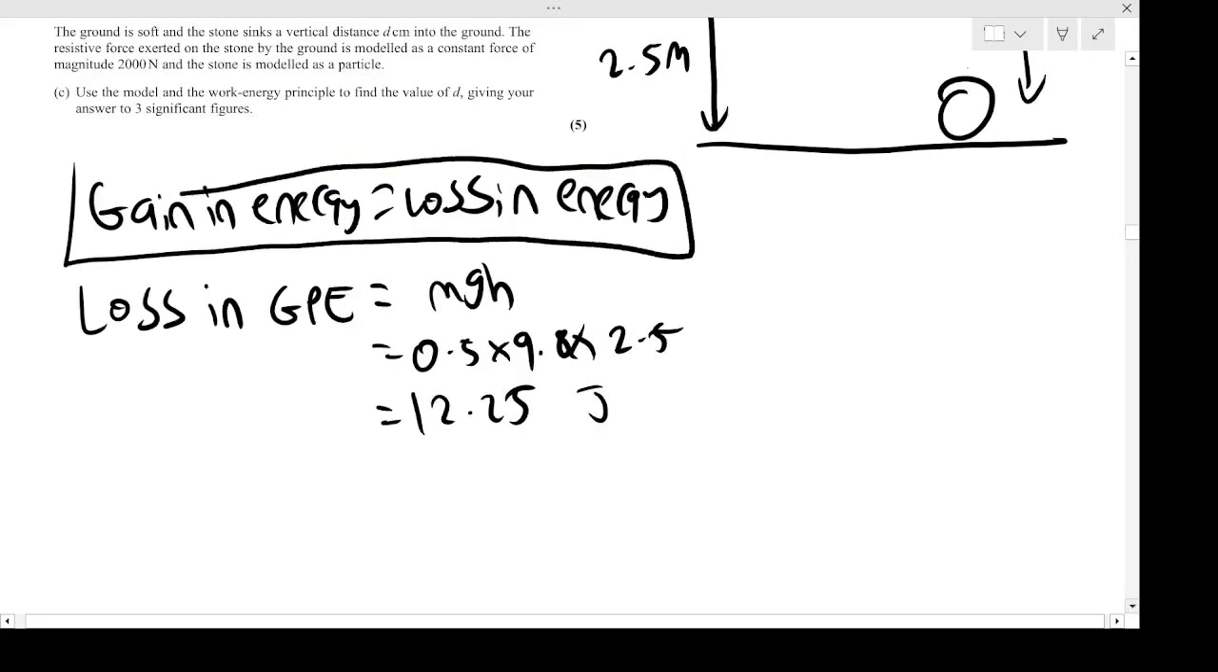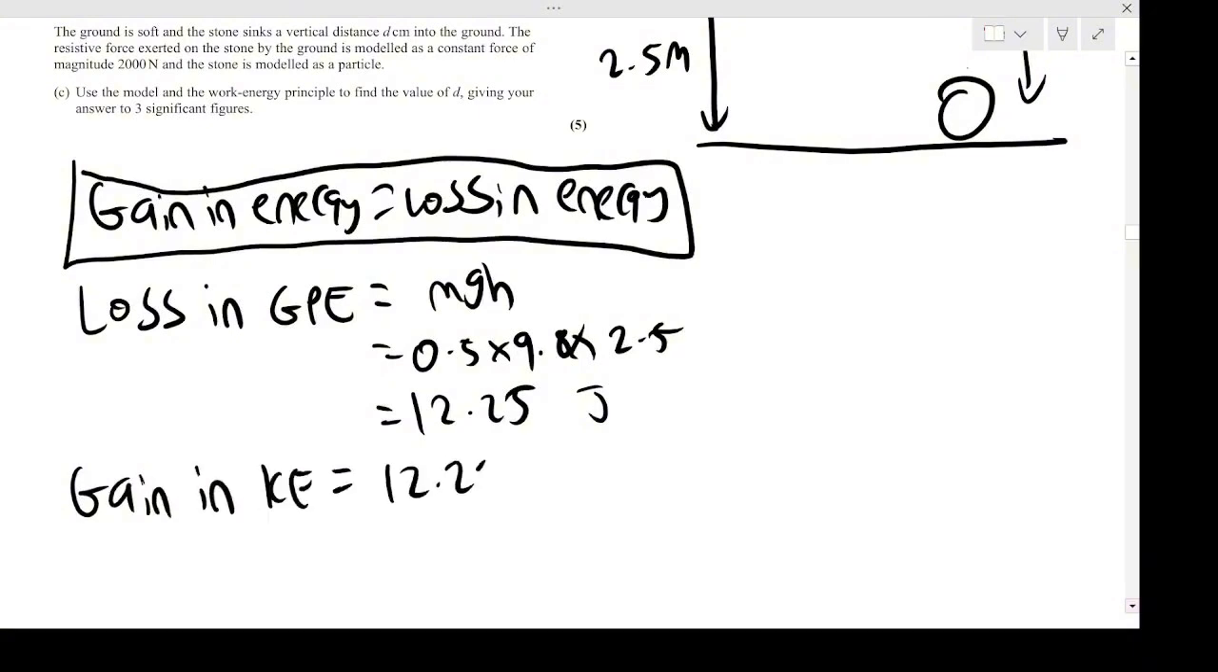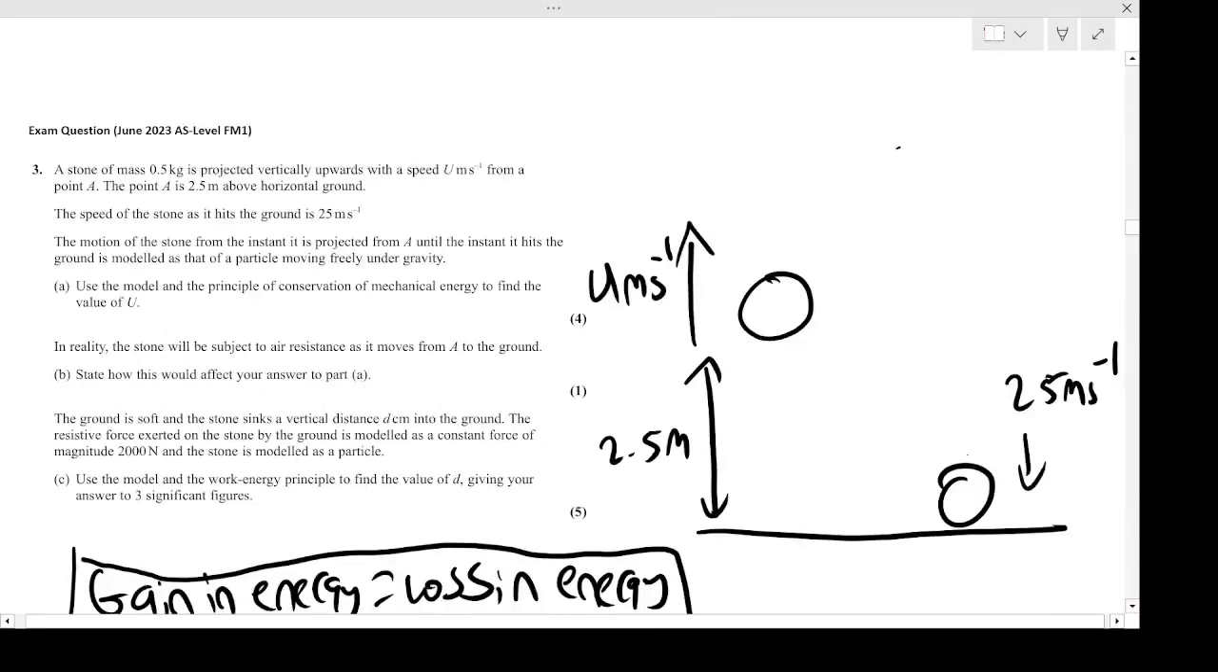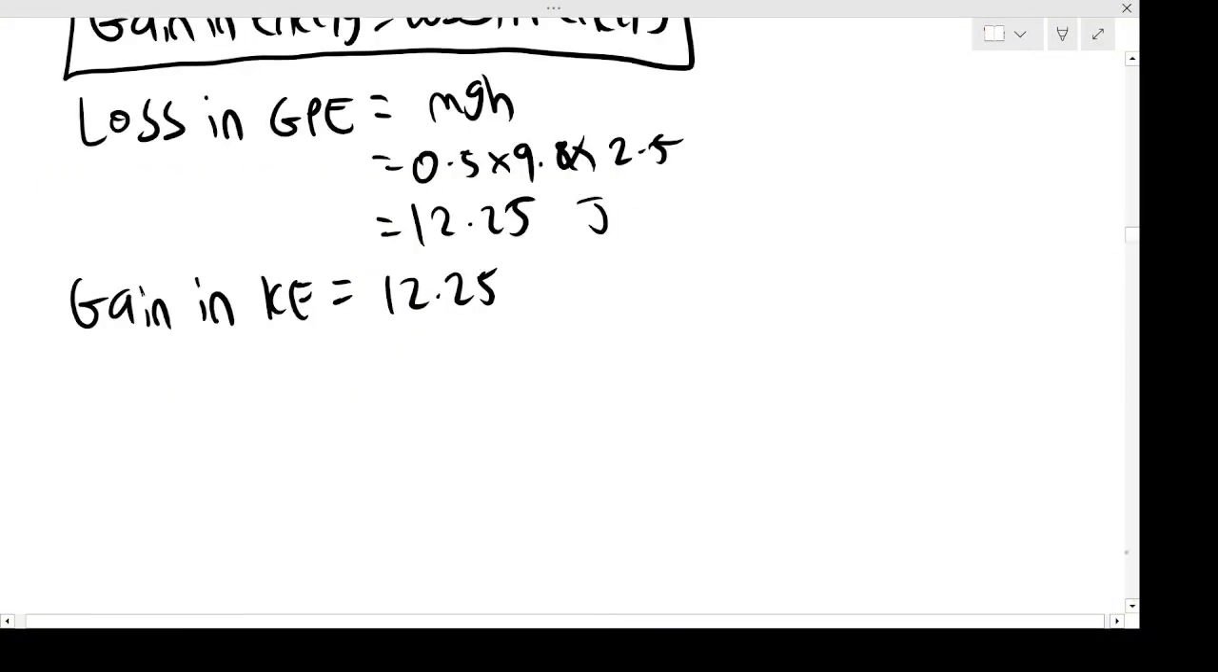So according to this conservation of energy, we need to gain that back in kinetic. So gaining kinetic energy has to be 12.25 as well. But we also know that we have the two speeds. Well, we know that the initial speed is this u, but we know the final speed is 25. So then we can also say that the gain in kinetic energy, that's going to be a half